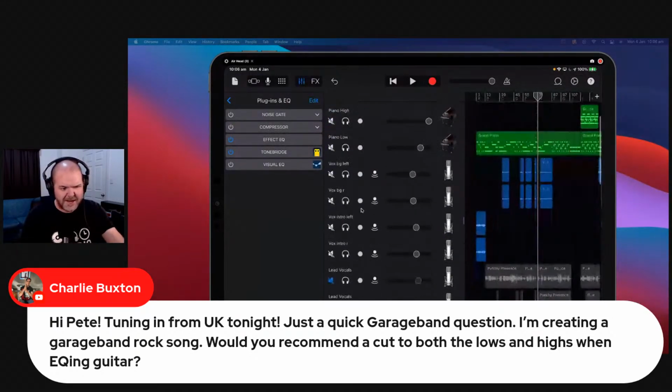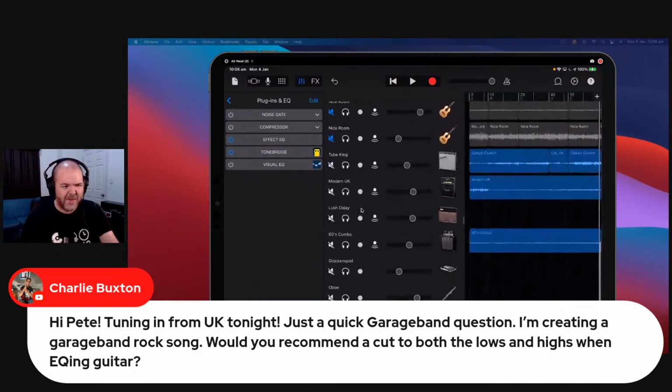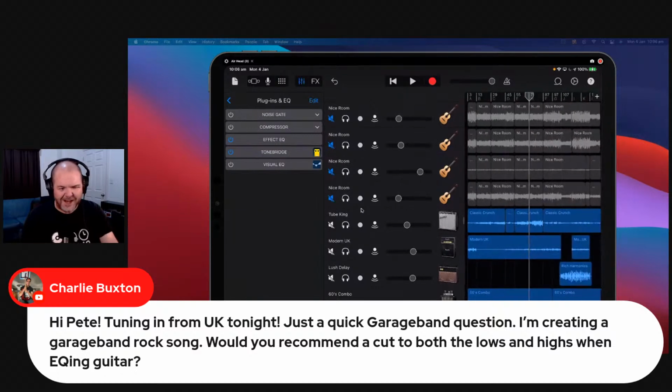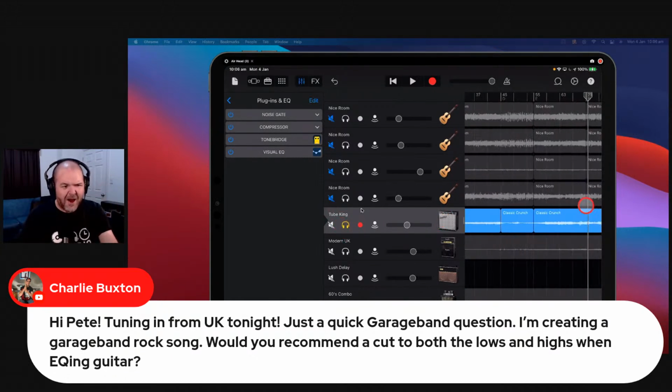So let's talk guitars and EQing guitars, because it's such a personal thing. And this is the problem. There's no one way to do anything. It depends on the tone you're getting, the other instruments in the song, and what you're actually trying to do here. But I tend to